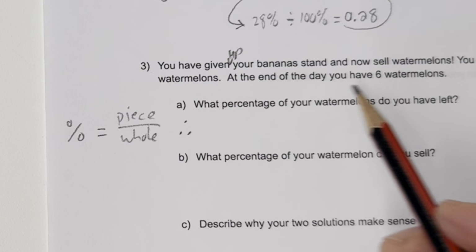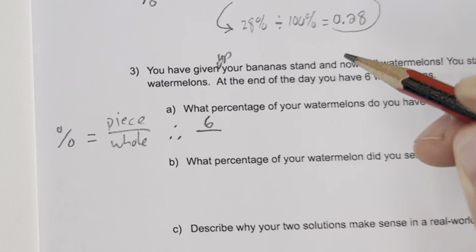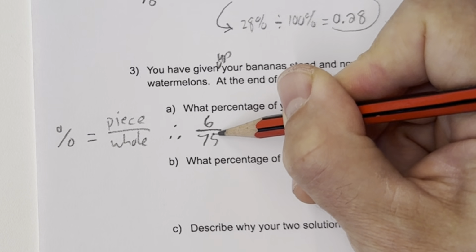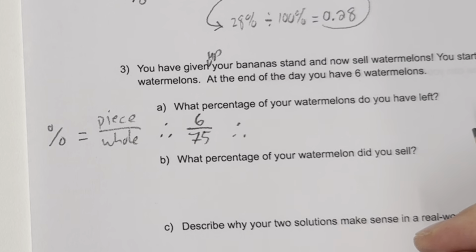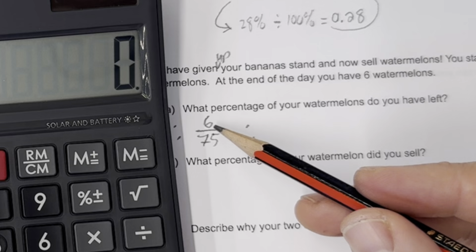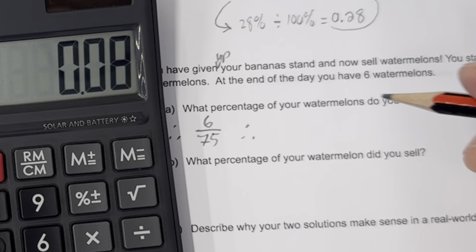The piece I have left, that's just my 6 little watermelons, and the whole is 75. Well, that's pretty much it. So we just take out the handy dandy calculator and you can see 6 divided by 75, and I get